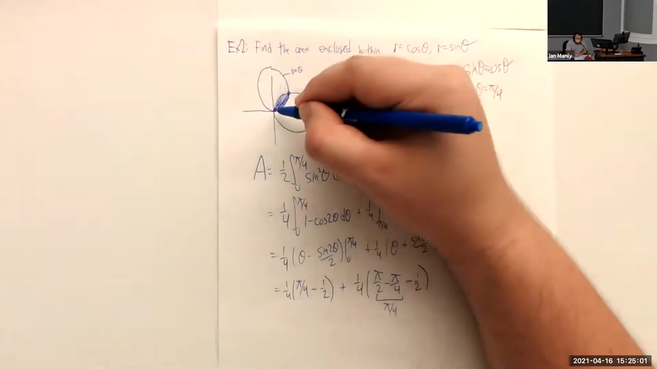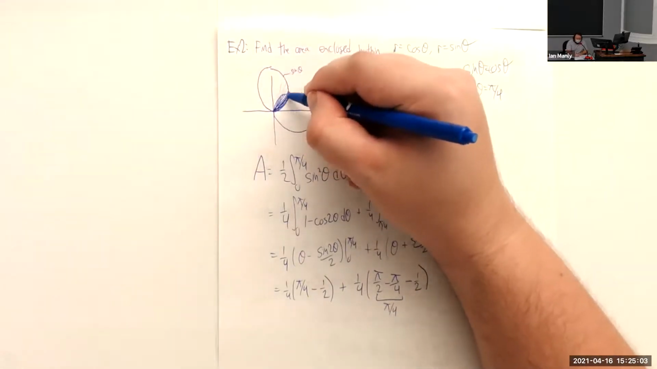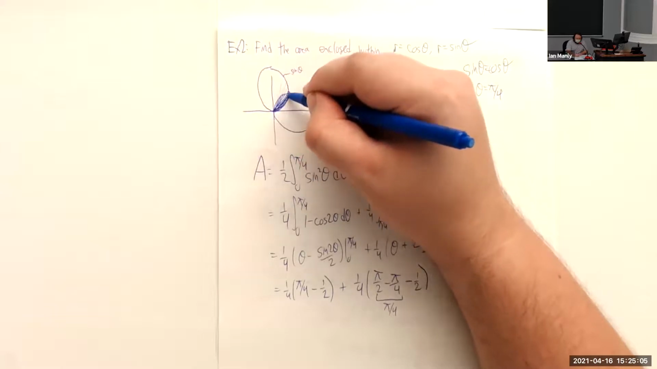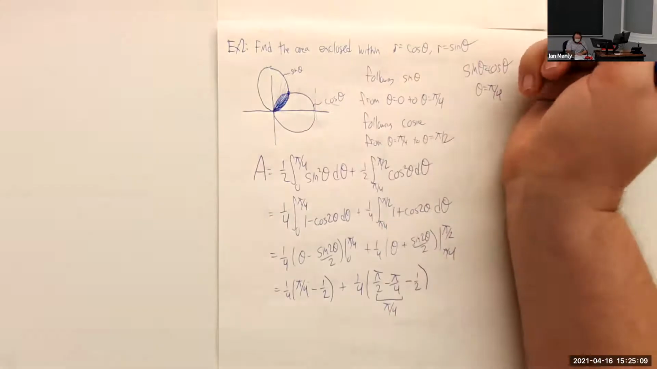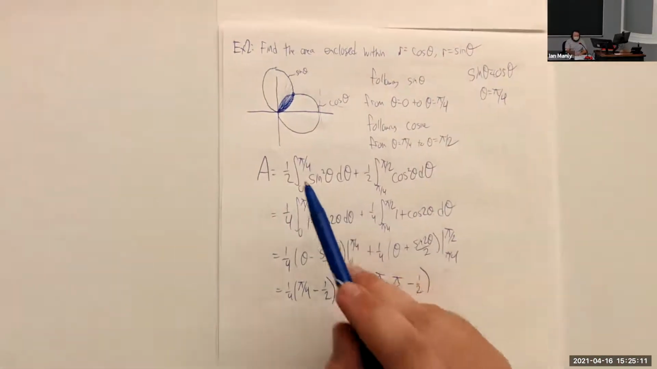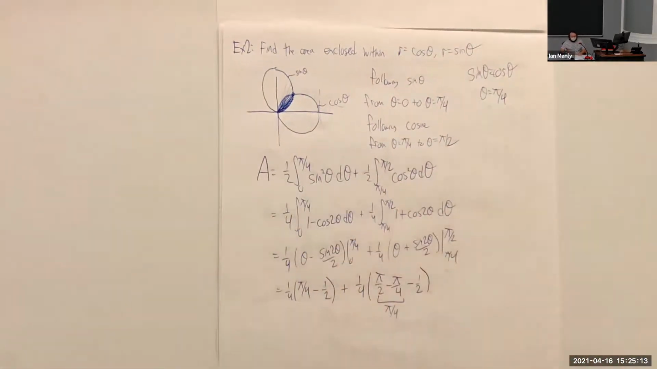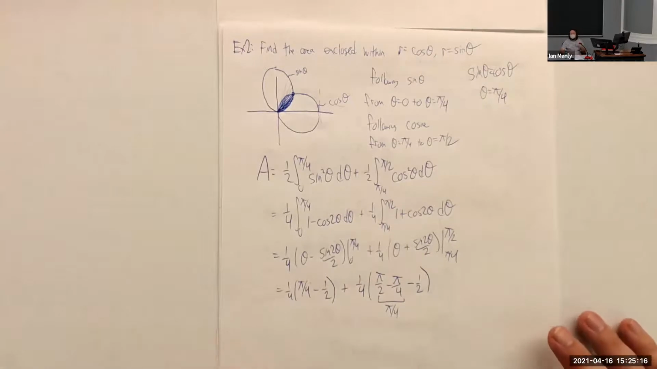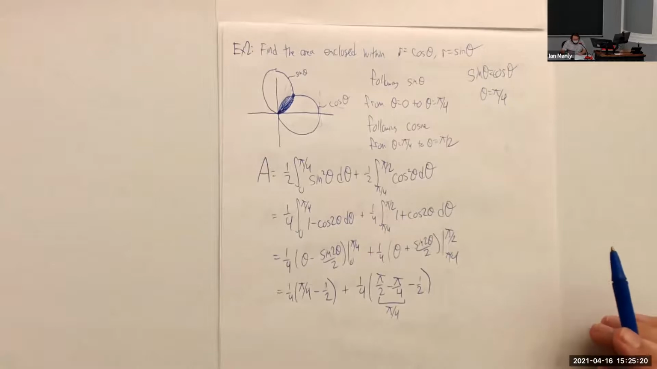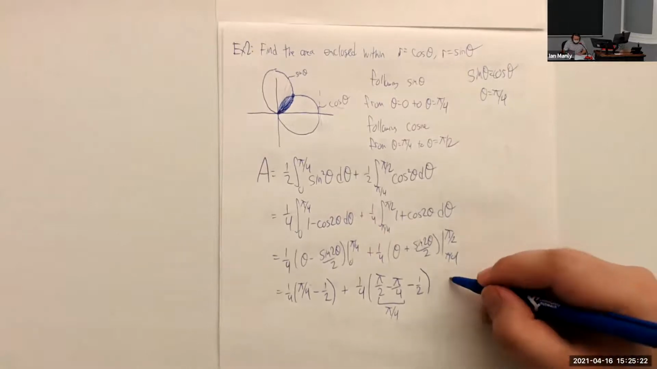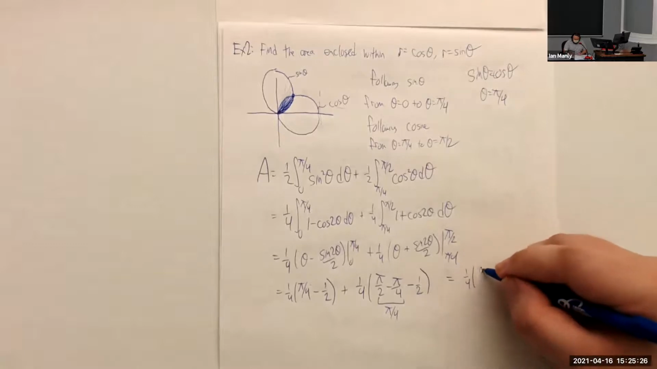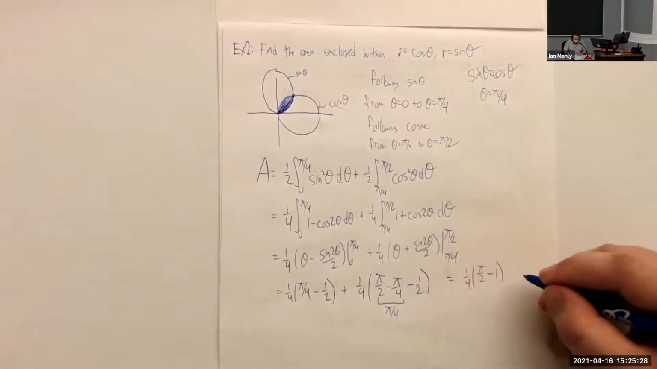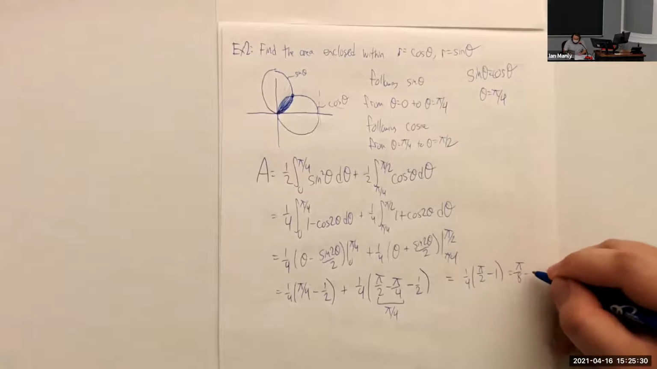It's because the area for the first half of this little oval is the same as the area from the second half of the little oval. So another way we could have done this is we could have just doubled the first integral and then not done the second one. So this is an example where symmetry could have saved us some time here. But let's see, if we combine all of these together, we have 1/4 pi over 2 minus 1. So we have pi over 8 minus